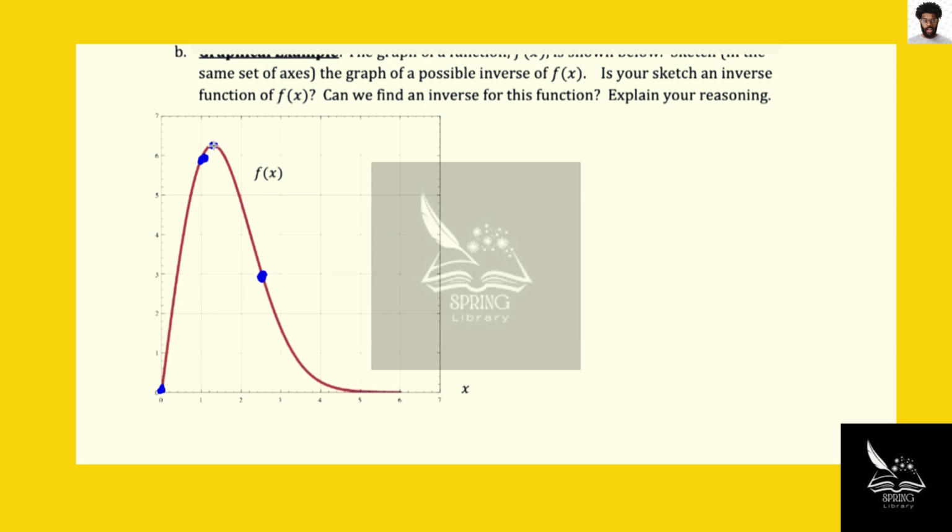Maybe even still a critical point here, but okay, if we invert 0, 0, we get 0, 0. We just switch the order of the pairs around. If 1, 6 is on the function, then 6, 1 is on the inverse. If one point, maybe 2, 5, or 1.3, 6 point,